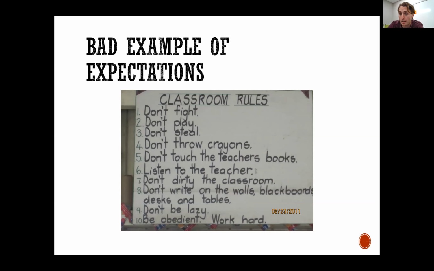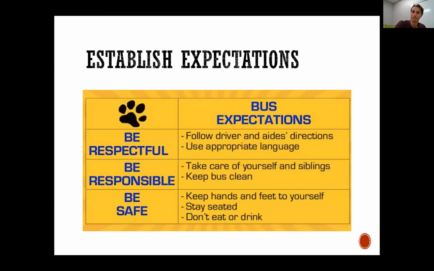Let's say there was a kiddo in the classroom that was throwing crayons to get peer attention. Like the function of that behavior was when I throw crayons at my peers, they think it's funny and they throw them back and I get them to laugh. If you just tell them not to do that, but you don't give them a way that they can get peer attention, they're just going to figure out something that's kind of crazy to get that peer attention. So it's really, really, really important when you come up with these expectations and these rules, you're telling them what to do.